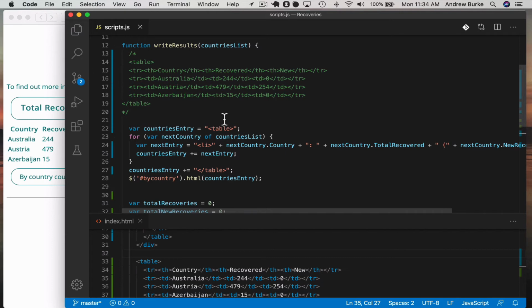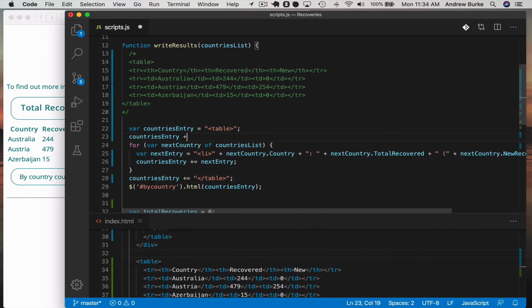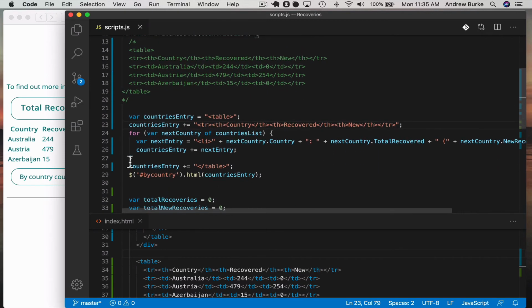Okay, so here we have our table, and we're going to also do our header part. This is no fancy coding or mixing of things involved. So country's entry, okay, and just put quotation marks around it. Okay, so now we have our table, our country, and then these in here should also be table cells. So it'd be one of these kinds of things. So it's going to be a tr and td, and then next country, country,